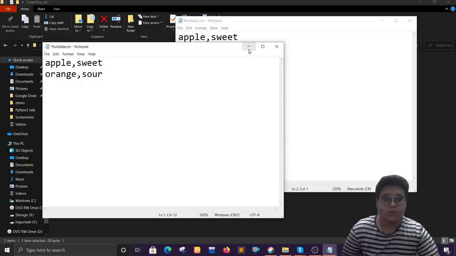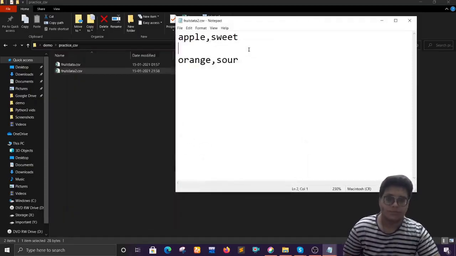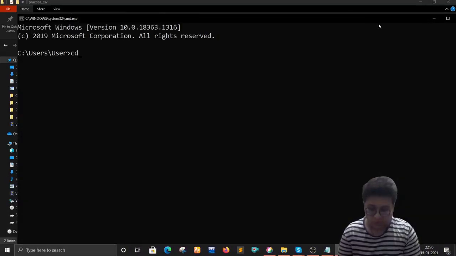So if you are a Windows user, you have to modify your code slightly. If you are a Linux user or some other operating system user, you won't have to worry. Why is it giving you an error? Let me open the command line once again and go to the directory where we have these files, desktop